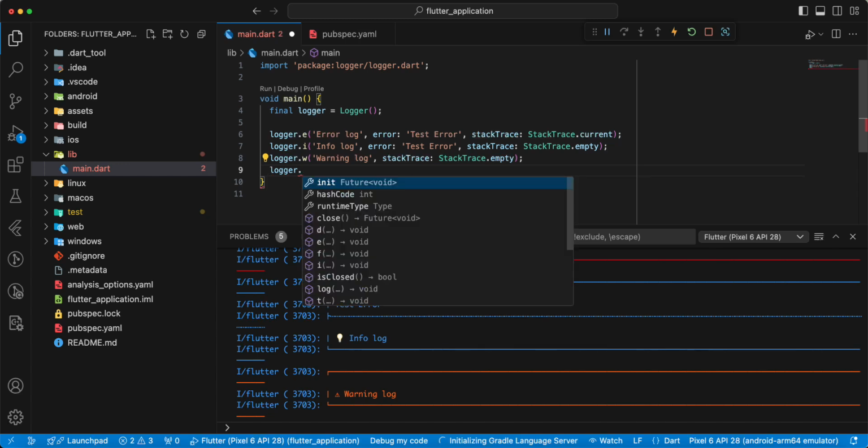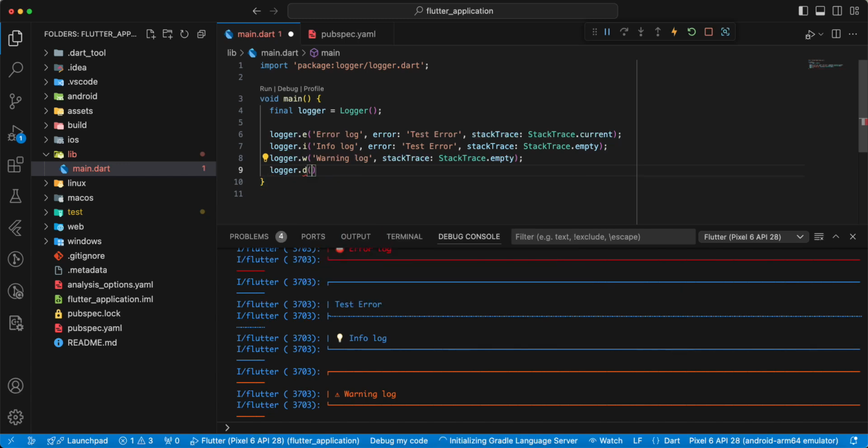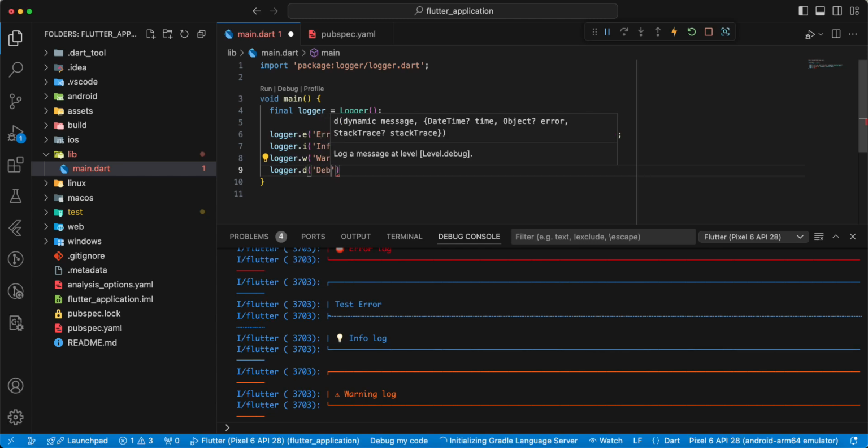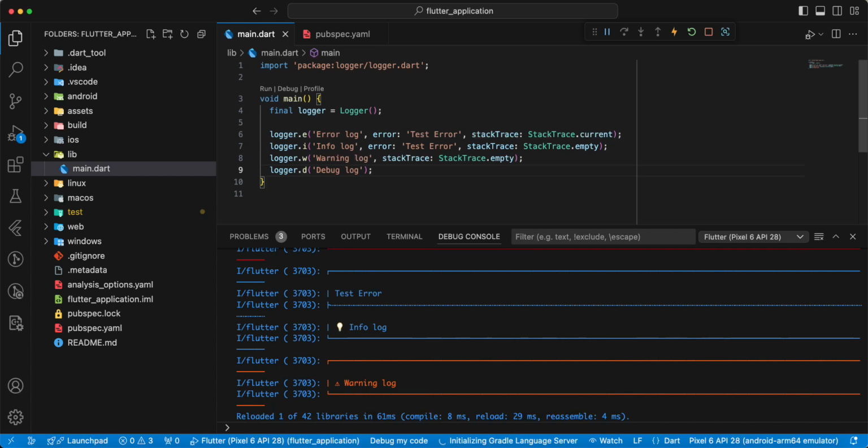Write logger dot debug, write debug log,